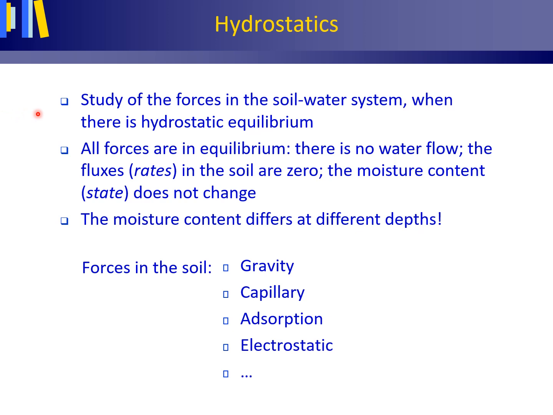Hydrostatics is the study of the forces in the soil-water system when there is hydrostatic equilibrium. This means that all forces are in equilibrium. There is no vertical water flow due to infiltration, percolation, or evaporation. In groundwater, as shown before, water does not per definition have to flow from a higher to a lower location. In the soil-water zone, a similar notion: water does not per definition have to flow from a wetter part to a drier part of the soil. This is because you also need to take the elevation difference into account. I will come back to this later.